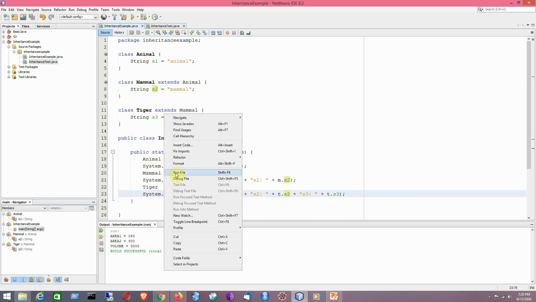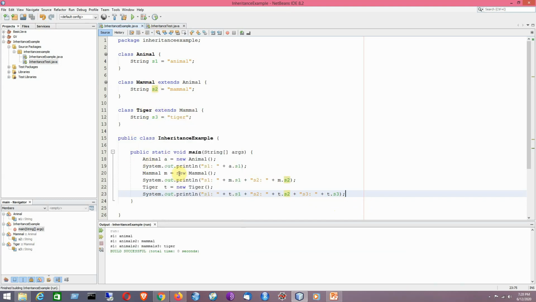So just trying to run the program, it will be showing the output accordingly. Better to put a semicolon here and a space. In that way the output will look better basically.